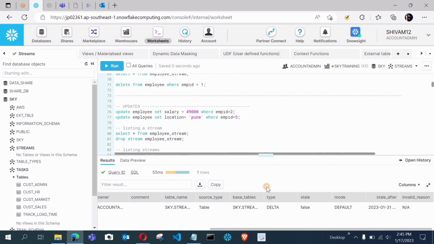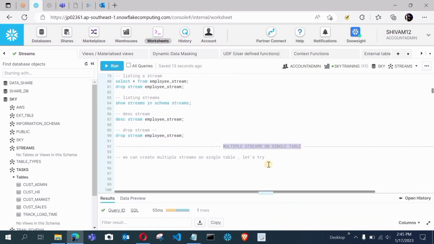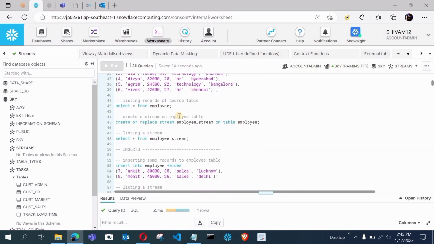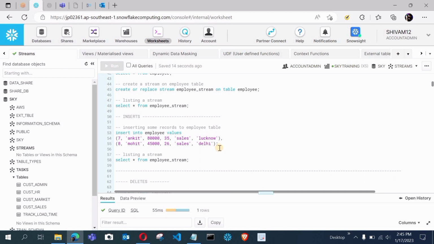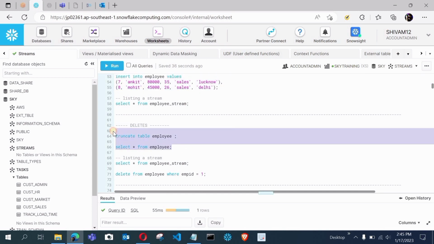Let me summarize quickly, and after that we will create multiple streams on the single table. What we have done is we created one table and did some insertions into the table, and we saw that the stream captures the insertion. After that we did the deletion as well.